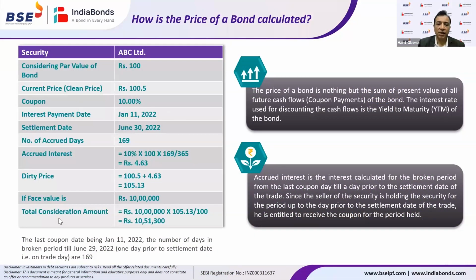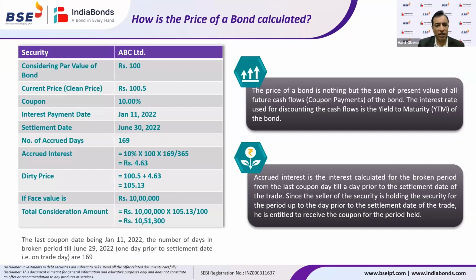Now, as we discussed, yield, the second best or the alternative for calculating the value of a bond, is the price of a bond. So yield and price are inversely related. Either you calculate the yield of a bond or you calculate the price of a bond to realize how much return your investment will give you. So what is the price of a bond? As we just discussed earlier, we consider par value or 100 rupees as the price of a bond. Whatever the face value may be, 100 rupees is considered, as this is a global standard to calculate the price of a bond, 100 rupees or the par value.